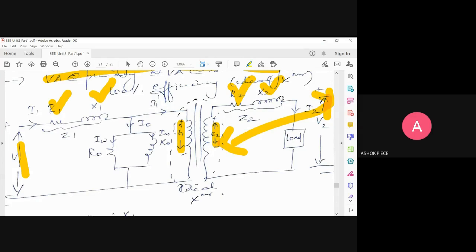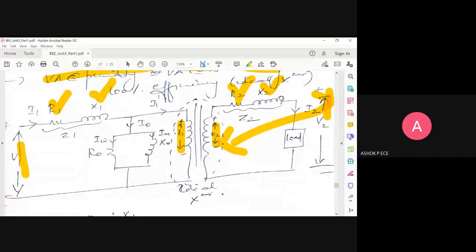We cannot analyze the transformer easily with the core and the structure with core, primary and secondary. I want to see what is inside my transformer using circuit elements. Only if you can represent something in terms of circuit elements is it going to be easy for you to analyze. So hereafter, we can replace the transformer by this equivalent circuit, and any analysis can be done. Once you know the circuit, you can, as usual, do KVL, KCL, and analyze the circuit as you like. Only thing, to draw this circuit, you need to understand the working principle of the components first.